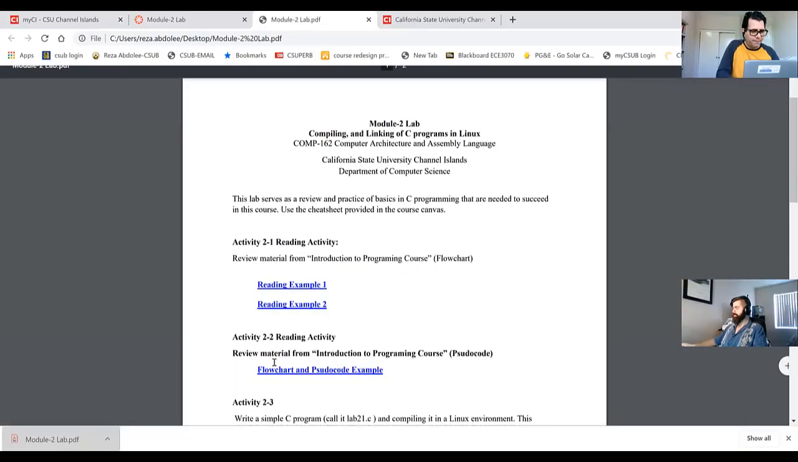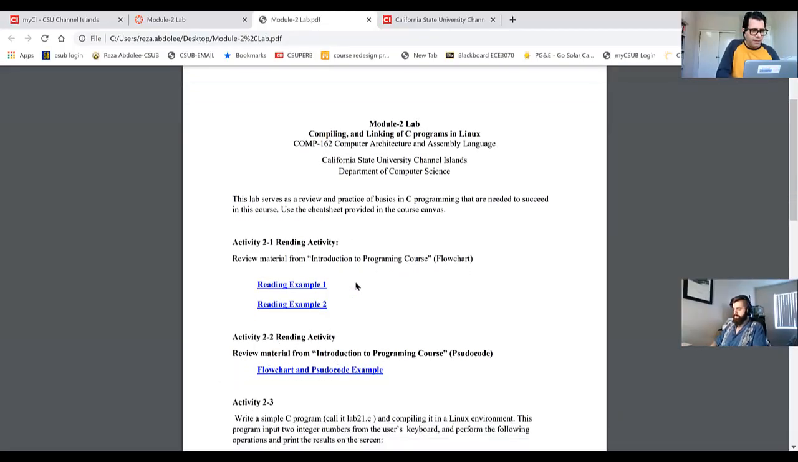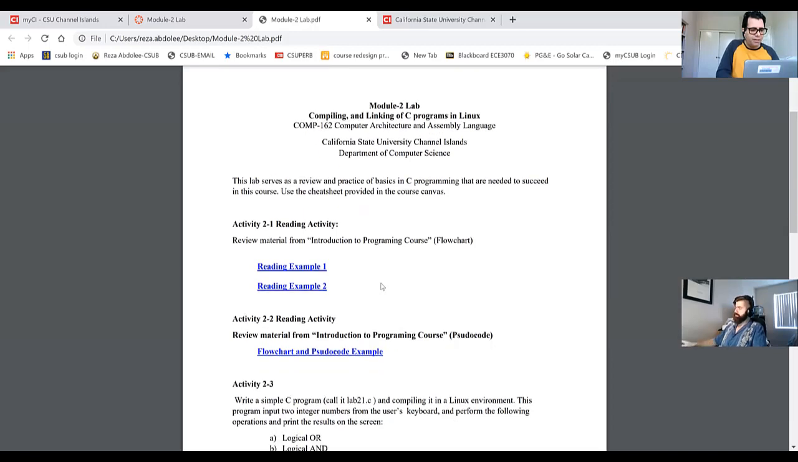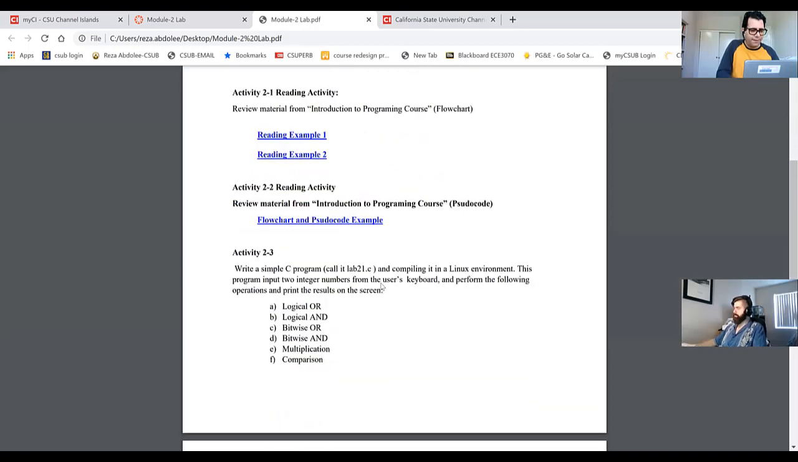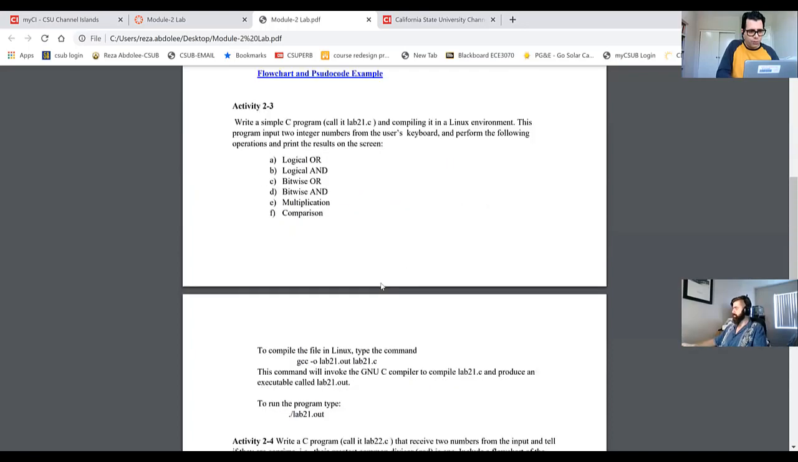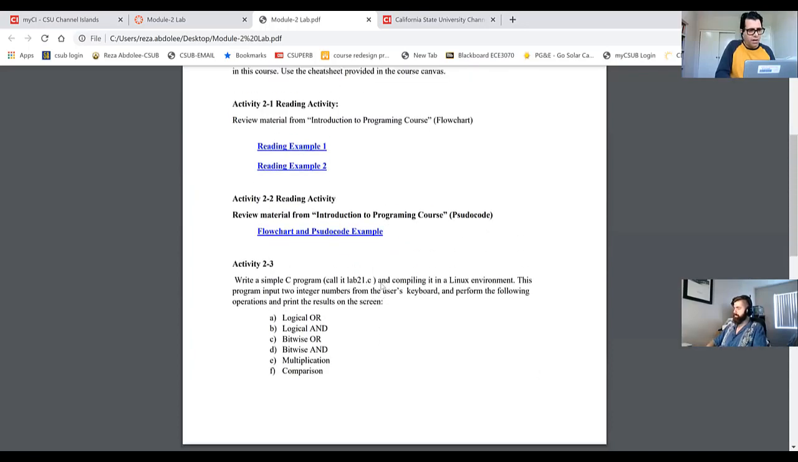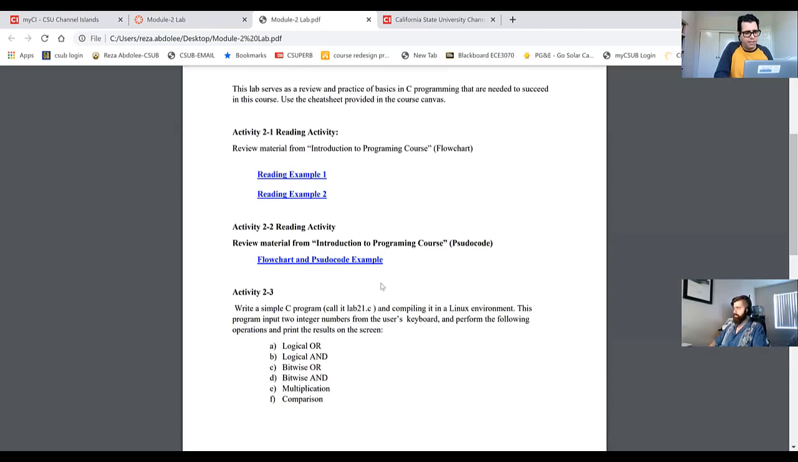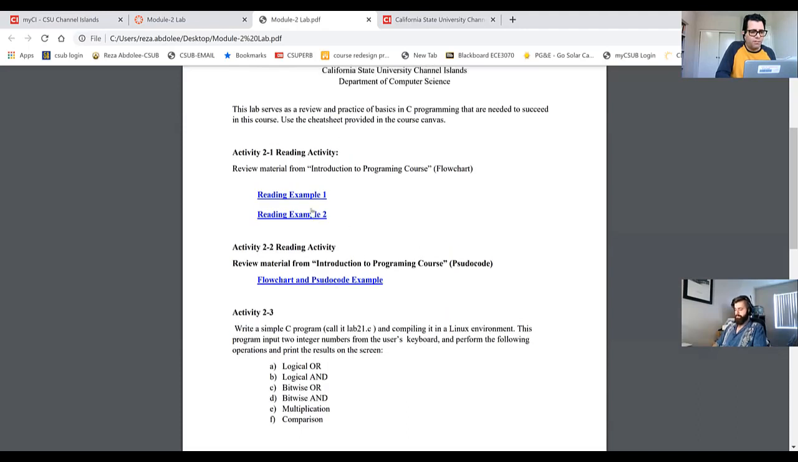So this is the lab. All right, in this lab, you have 4 activities, okay? So the first 2 activities are the reading activities. Basically, they are the refresher for your introduction to programming course. So in the first activity, you're gonna be refreshing your memory about the flowcharts,